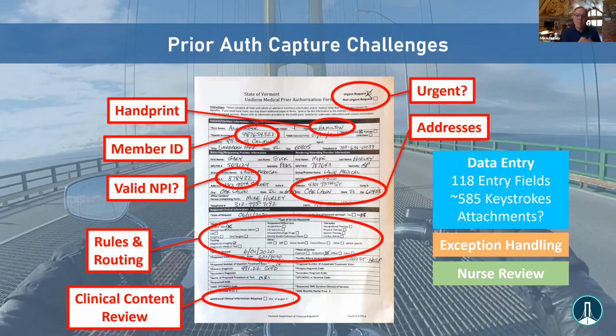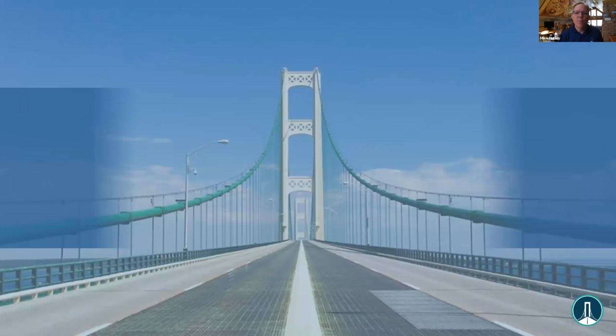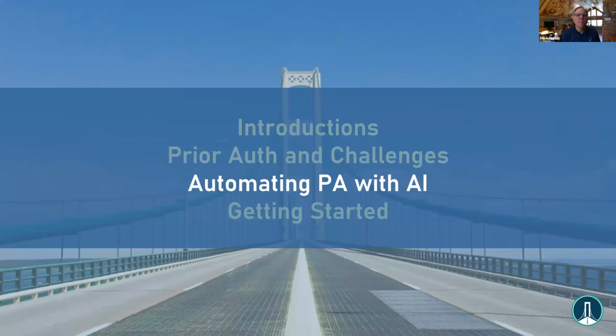So the industry has built this exception handling facility I call triage, of people before a nurse looks at these documents. That introduces some challenges, right? To have people who are knowledgeable enough about the documents and the process to be able to make reasonably smart decisions early in the process, so that when the nurse gets it and does their review, that person has the right information. They can make a good clinical decision. So very, very challenging form, challenging data problem, challenging process problem. And again, as I pointed out, that's kind of where we live, in these difficult process automation, intelligent capture issues. So let's dive into our approach to solving this problem.